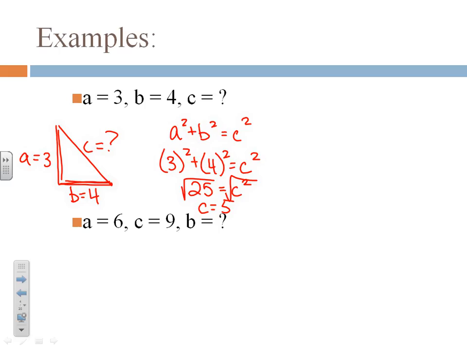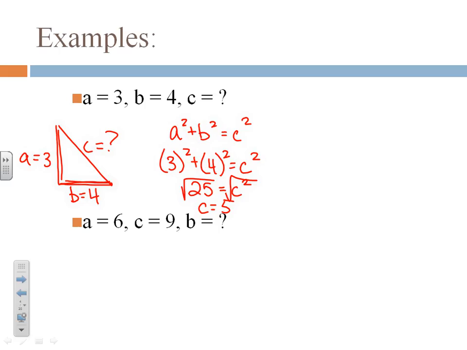Now, it would technically be plus or minus 5, but this is the side of a triangle, and sides can't be negative, so we can drop the negative one. So c is just equal to 5 here. So this is when we're solving for the hypotenuse side of a triangle. We can also solve for one of the